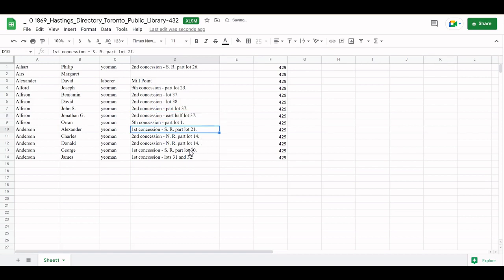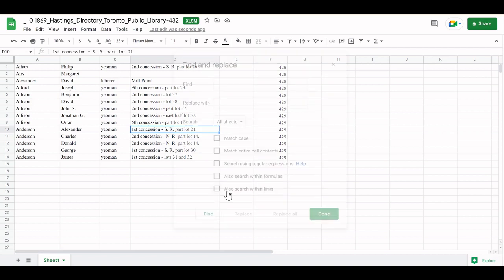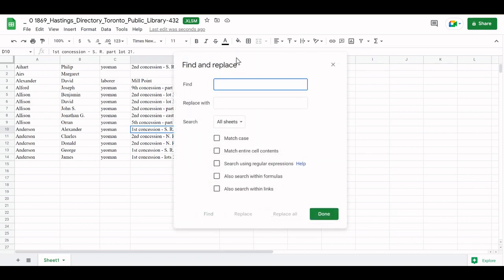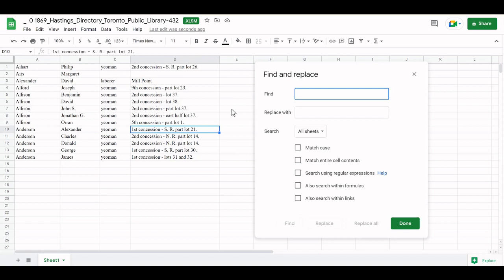And one other change we're going to make in this column is the SR and the NR. We're going to do that by using a find and replace. Activate find and replace with Control plus H. We'll shift this over a bit so we can see what we're doing. What we want to find in this case is the SR. So we're going to look for S period R period. We're going to match the case, and we're going to replace it with